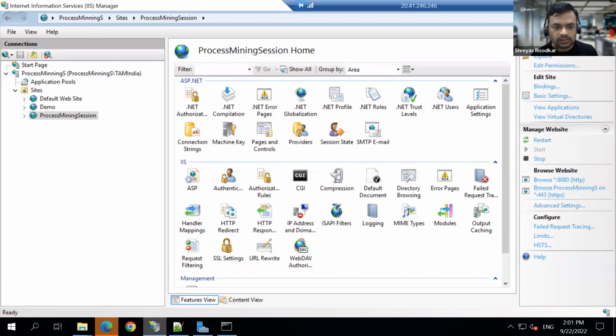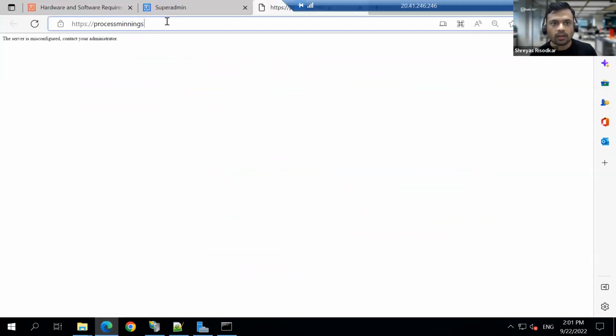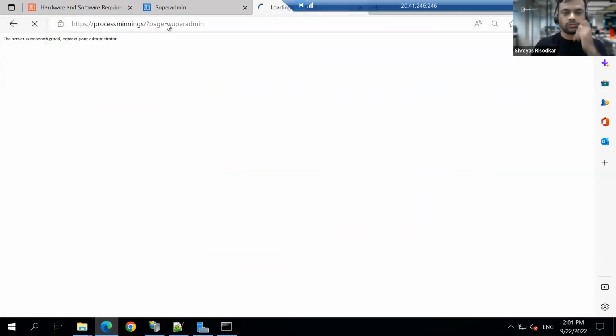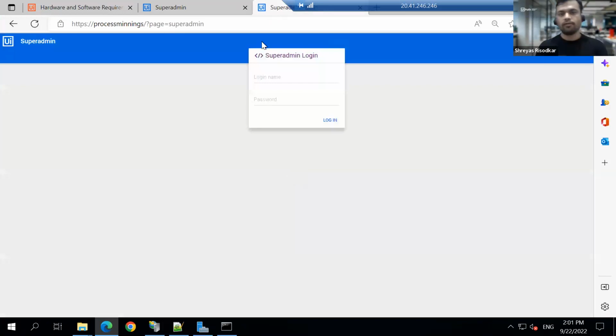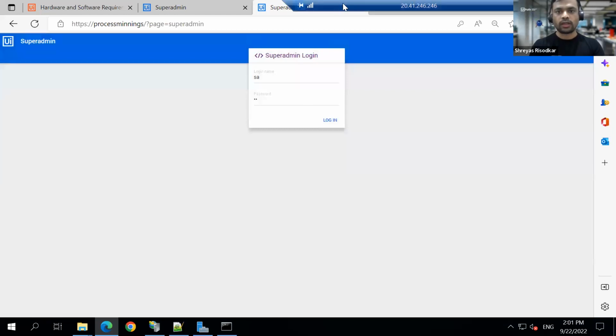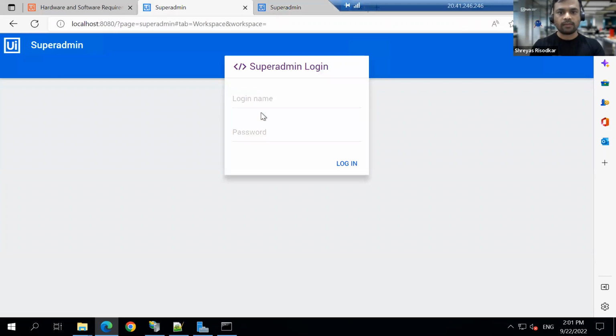So if I click on this, it will again ask me to specify the role with which I want to log in. However, if I try to log in with the same credentials, SASA, it is telling me it is an incorrect username or password. You're not allowed to log in. So what I will do here is I will go back to my previous tab where I had logged in